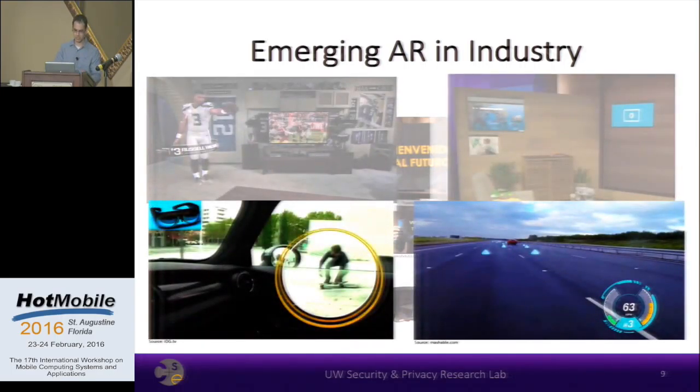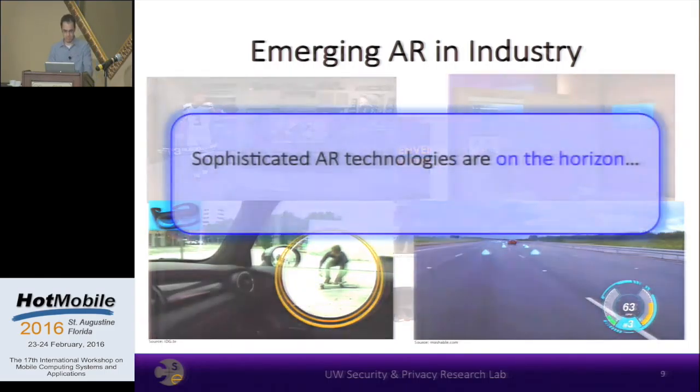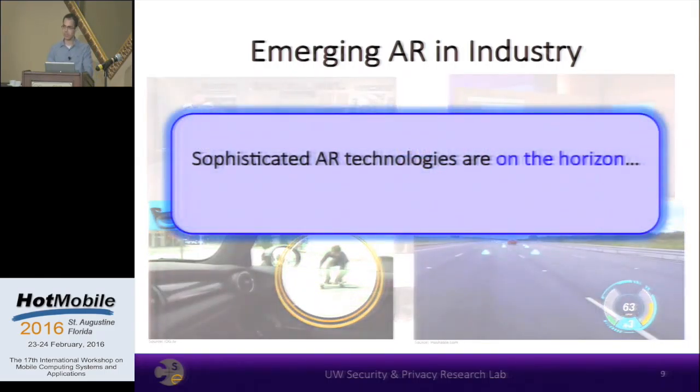And we've also started to see sophisticated driving aids like BMW's new AR glasses that sync with external cameras on a car to provide X-ray vision, allowing drivers to see through the body of their car. Or Jaguar's concept AR windshield, shown on the right, that displays virtual cones to aid new drivers in training. These efforts indeed demonstrate that sophisticated AR technologies are on the horizon.